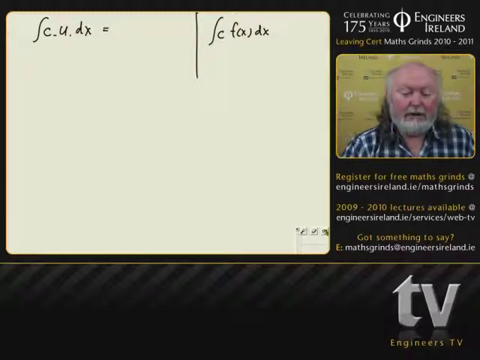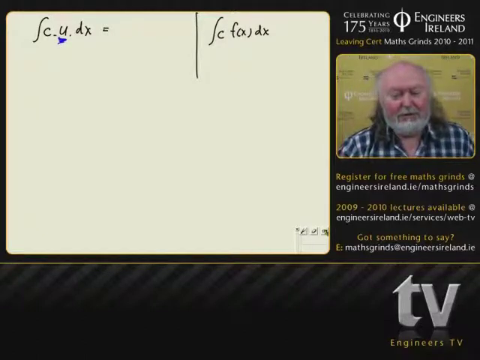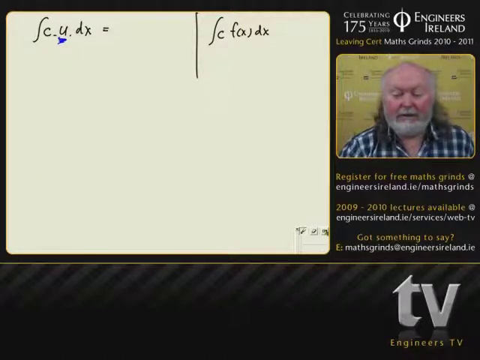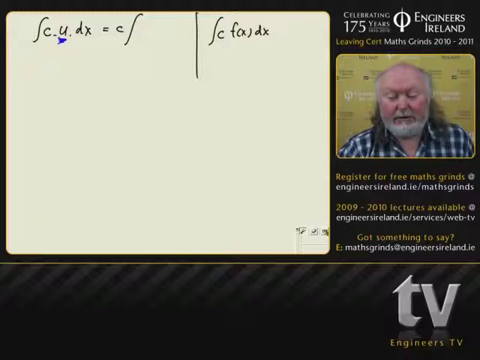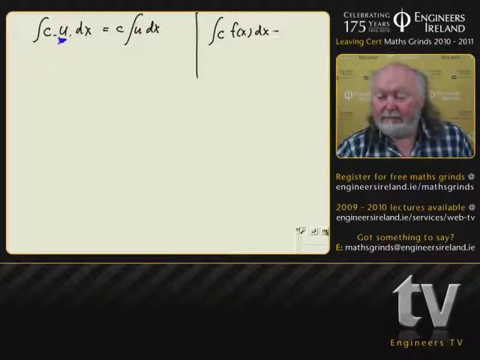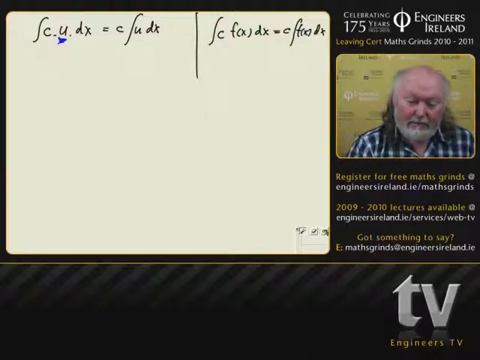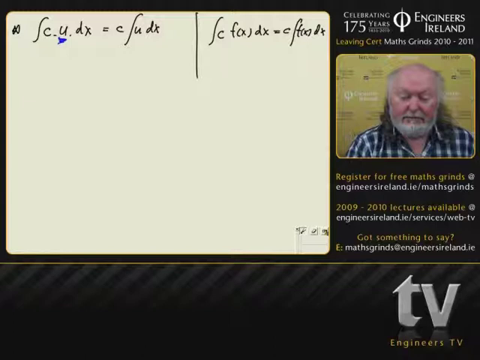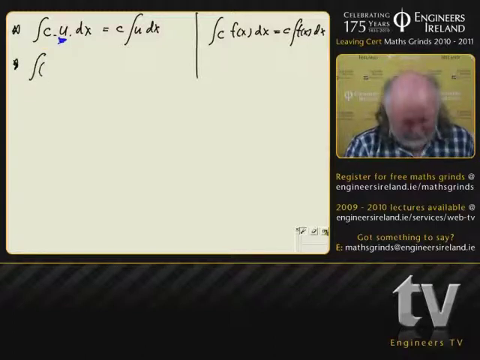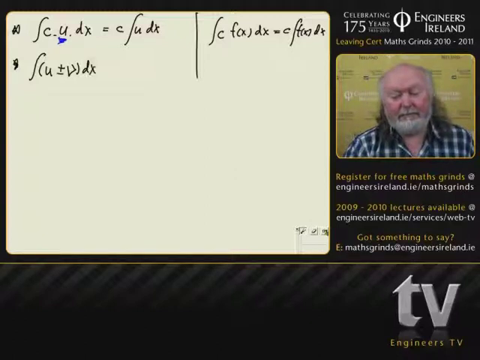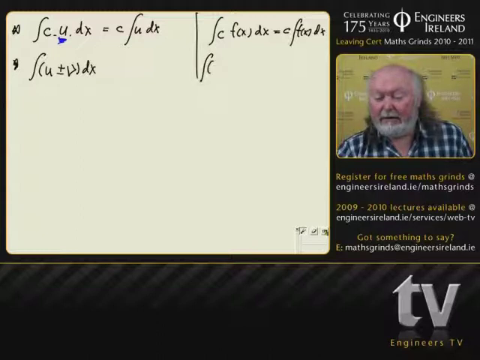The reason we're using u here is to get you guys used to the fact that we will be using lots of substitutions in here. And we're saying, what happens if I've got some function which is called u multiplied by a constant? And we'll say a constant can be pulled out. That's a first rule. Here's a second obvious one. If I have two functions, u plus or minus a v function, and that is the same as the integral of